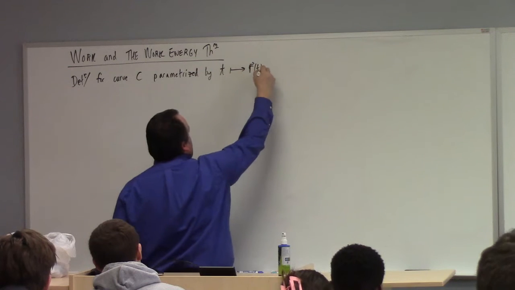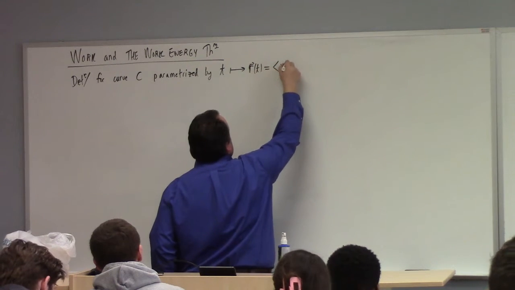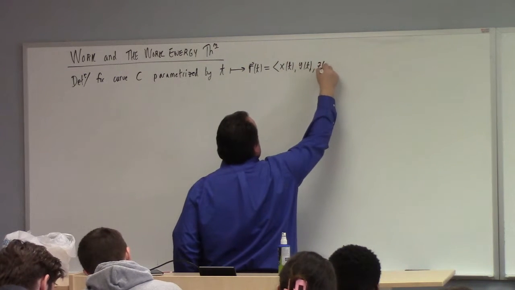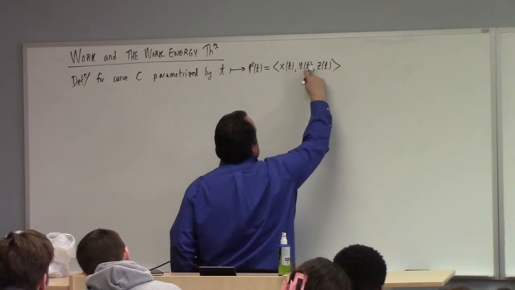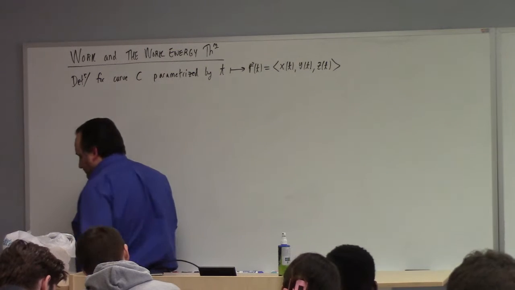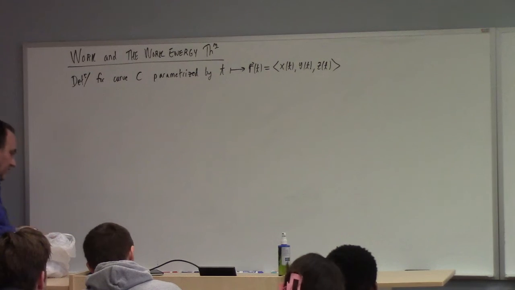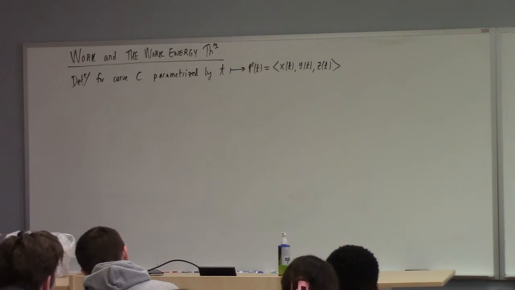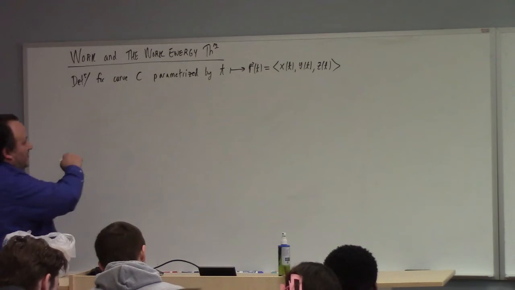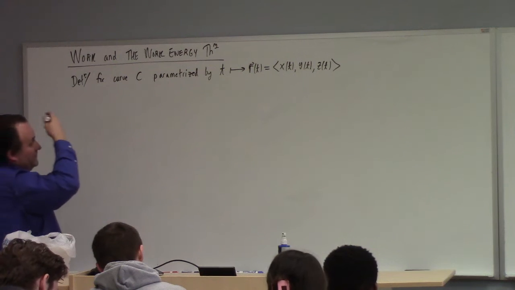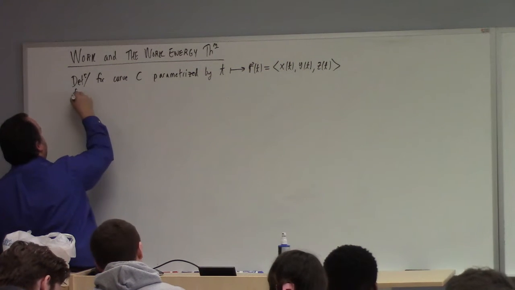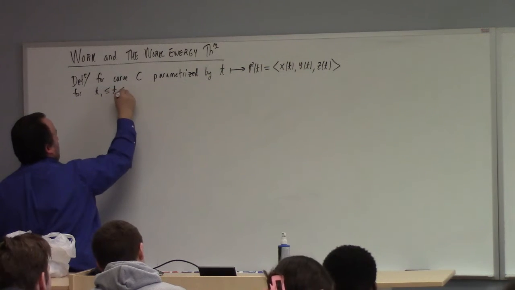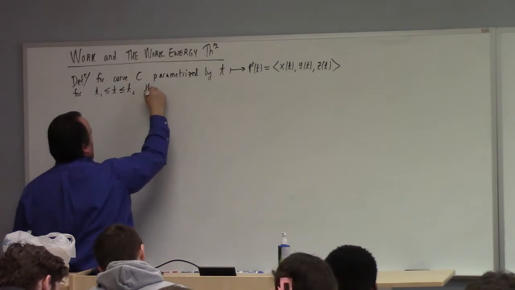And typically our r of t we write as x of t, y of t, z of t for the respective x, y, and z formulas for the parameterization. If the curve is parameterized by t maps to that for t1 less than or equal to t less than or equal to t2, then